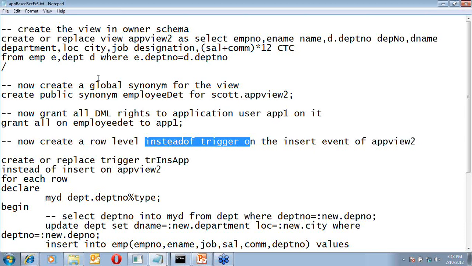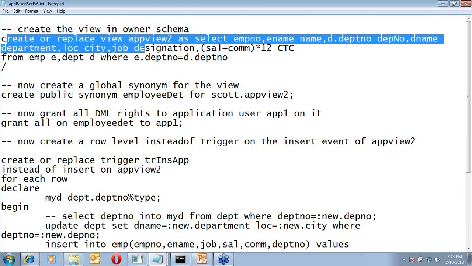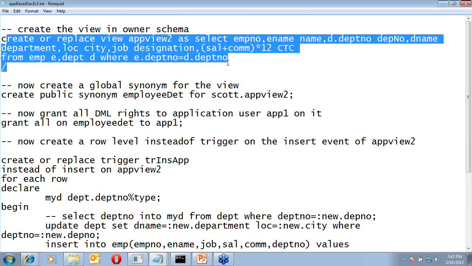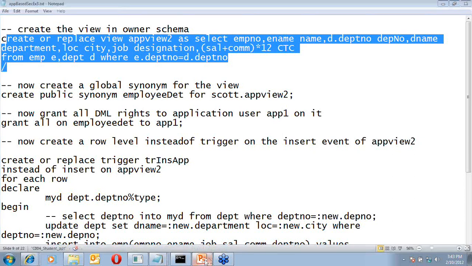So as far as possible, try to restrict to using a view and giving permission on that view to a separate user, or achieving the task by a procedure or a function in the back end. So this particular thing is called our program-based authorization.